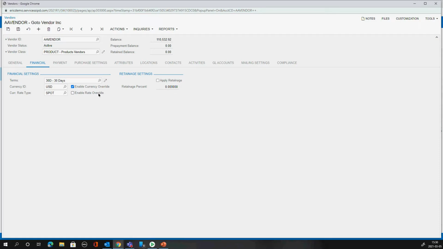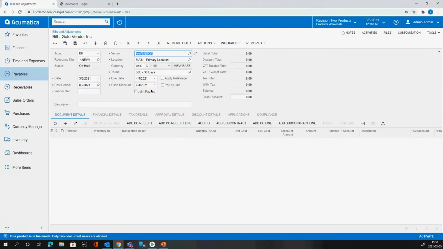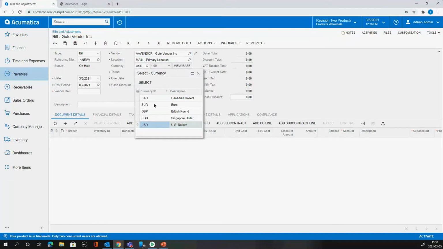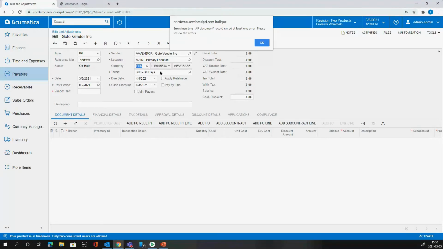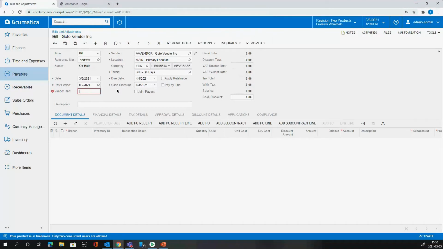Some other vendors, I may disable this, so I will only do business with that vendor in USD if that is unchecked. If that is checked, then I can do business in USD or in any other currency. Because it's checked right now, I can switch to Euro as an example if I receive a bill in Euro. And you will notice now that I may put the invoice number,